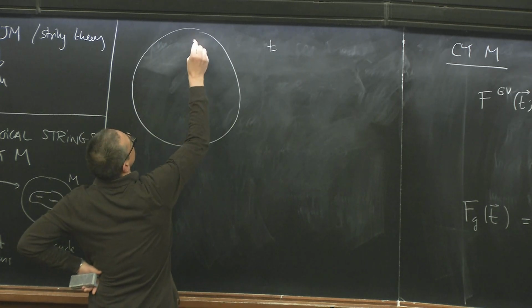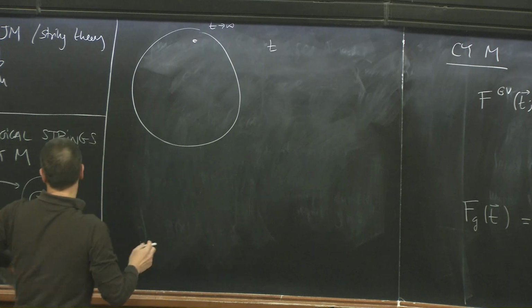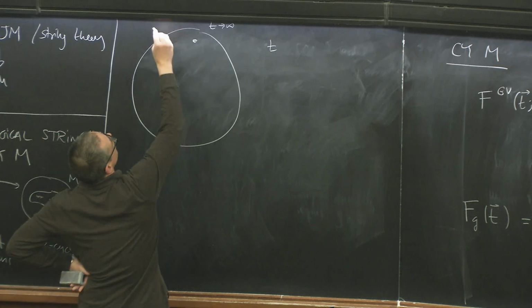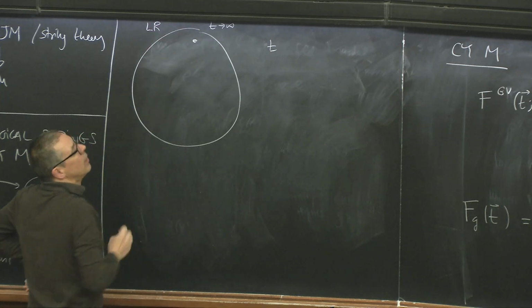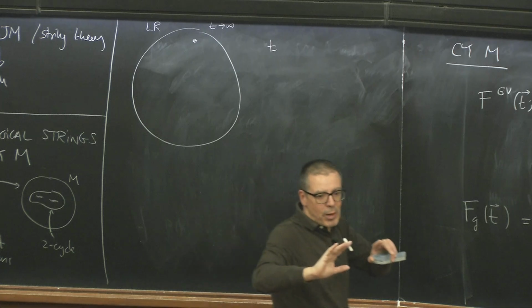There is this point in which t goes to infinity, and then the worldsheet instantons are very large, and this is what is called the large radius point, large radius,